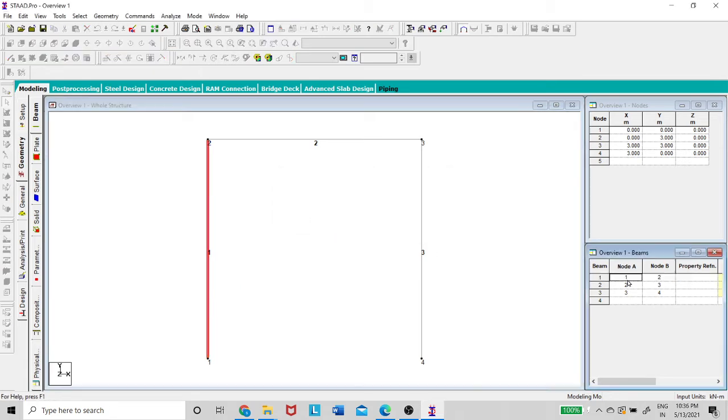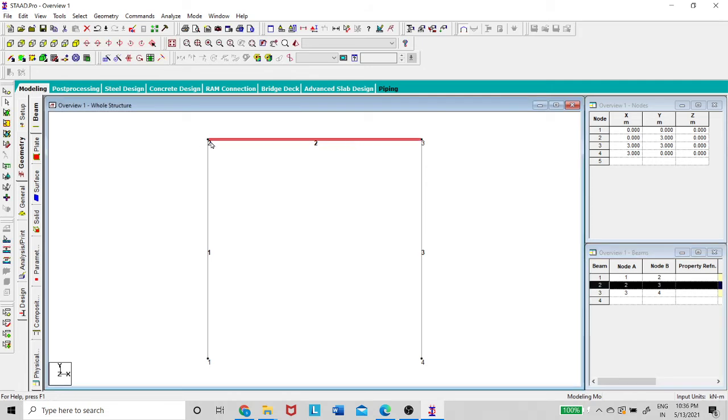Here the beam's first node is connected to 1 and the end node is connected to 2, and similarly for the second member, the starting node is 2 and the ending node is 3. So 2 to 3 it is connected. This is how the members are connected, and between which node numbers, everything will be displayed here.